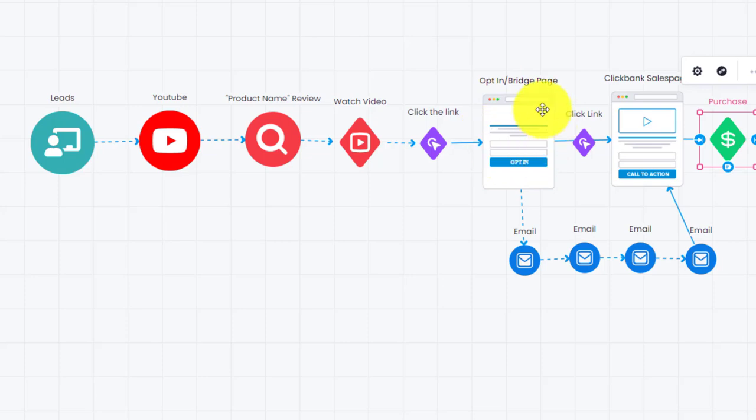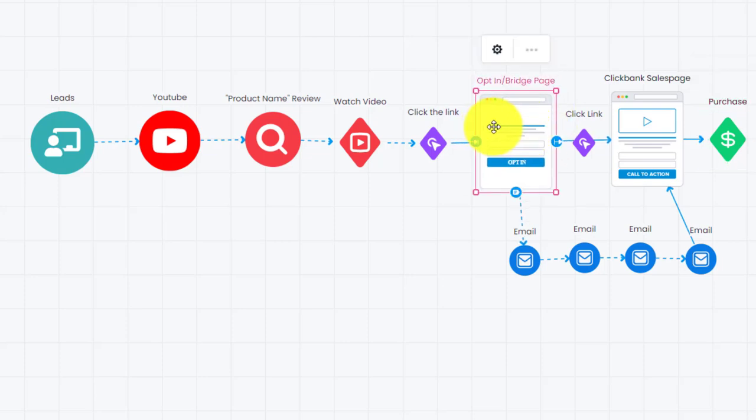The other thing you can do with this is you can have this as an opt-in page, especially if you've got bonuses, and you can offer people bonuses if they opt in to your list. Now, this is the most powerful way that you can promote Clickbank products on a regular basis, because once you